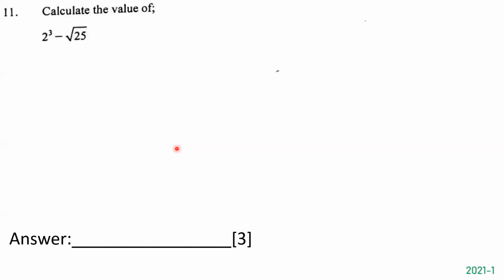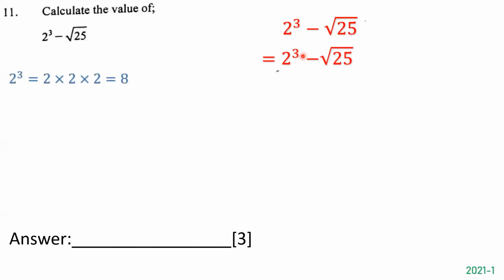Let's begin. The question says, calculate the value of 2 to the third power minus the square root of 25. This is 2 raised to the third power minus the square root of 25. Now, what is 2 to the third power? Well, 2 to the third power is 2 times 2 times 2, which equals 8. And the square root of 25 equals 5, because 5 times